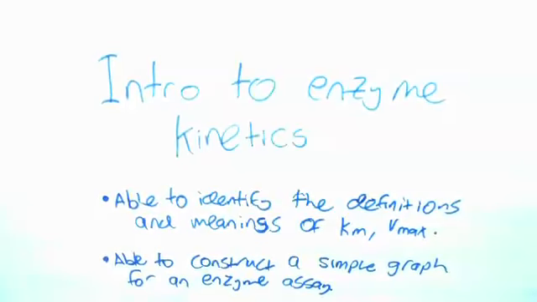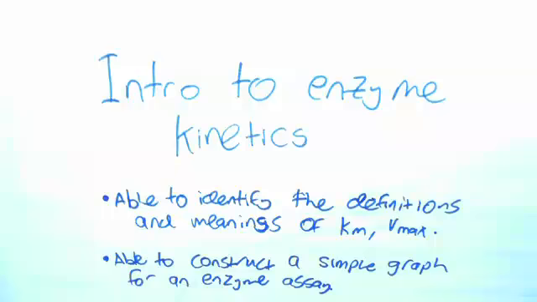Okay, for the next video, finishing off the sort of biochemistry component of these videos, though we'll return to a lot of biochemistry later when we do cell biology and we look at respiration and photosynthesis. We're just going to look here at an intro to enzyme kinetics. So pretty much we're just going to look at the meanings of the values Km and Vmax, so they're really commonly encountered parameters in enzyme kinetics in modeling the activity of enzymes, and able to construct simple graphs for an